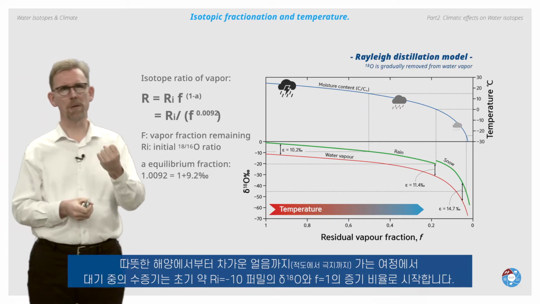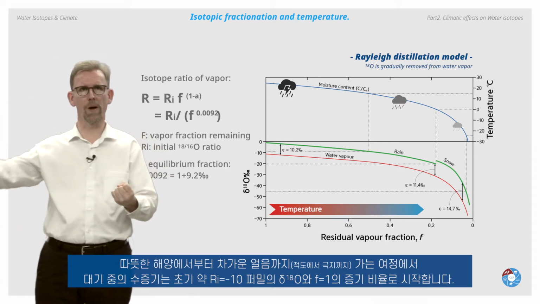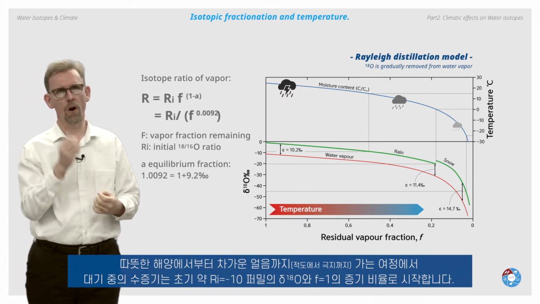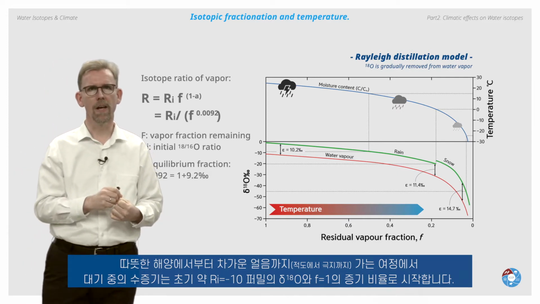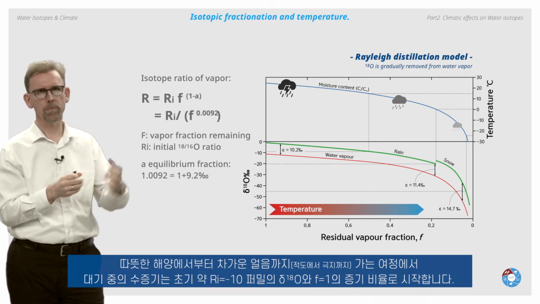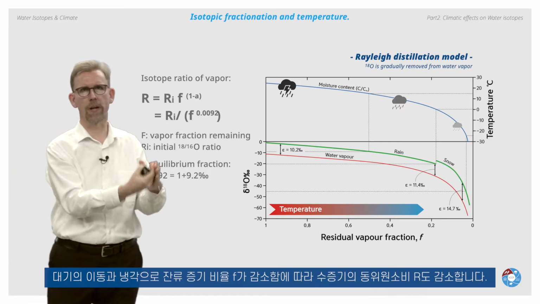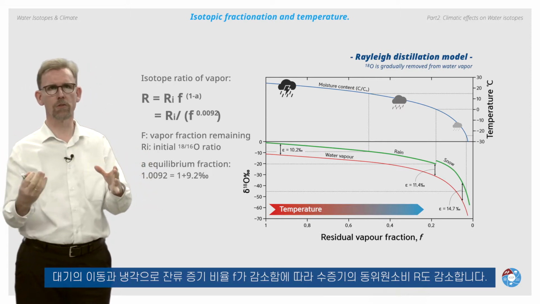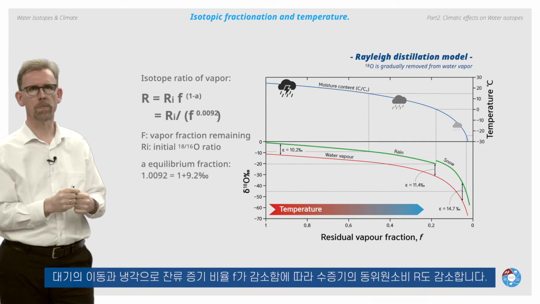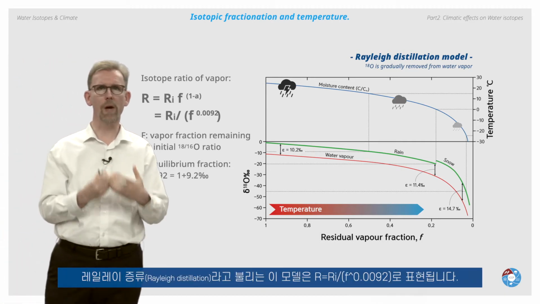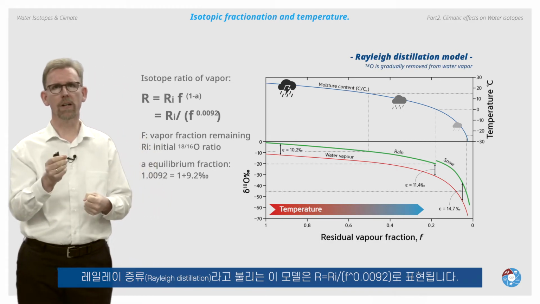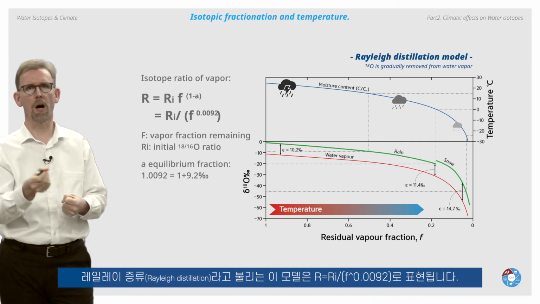The initial water vapor on its path from warm oceans to cold ice, from equator to poles in the atmosphere, starts with a delta 18O value of roughly -10 per mil and an initial vapor fraction of, call it F, equals 1. As the remaining vapor fraction, F, decreases under cooling and transport in the atmosphere, the ratio R of water vapor decreases too. And this is expressed by the so-called Rayleigh distillation model. R equals Ri divided by the remaining fraction to the power of